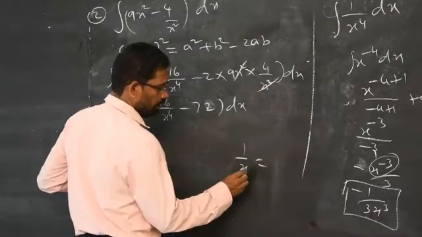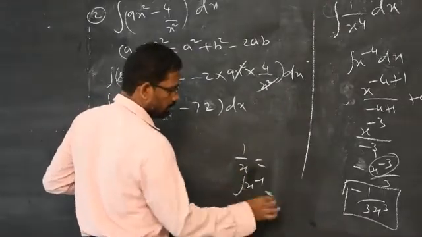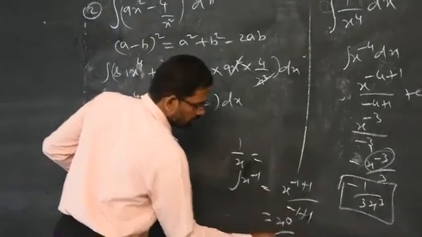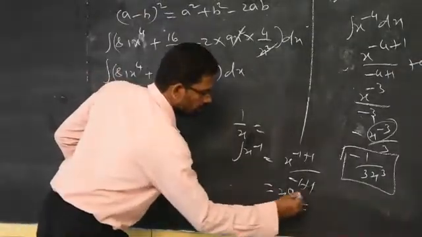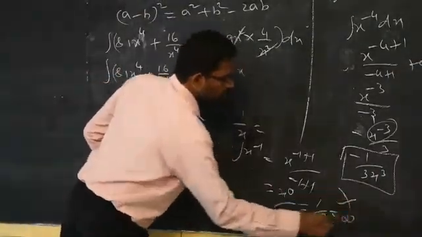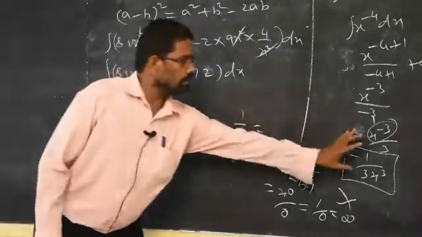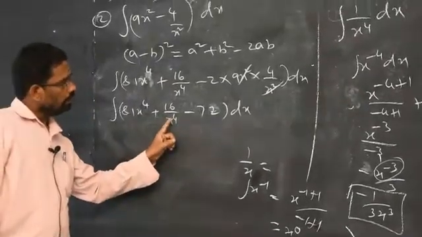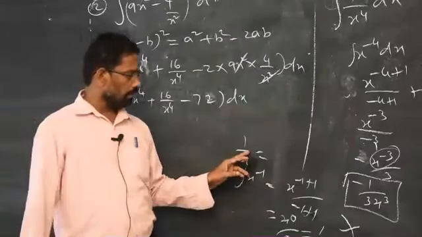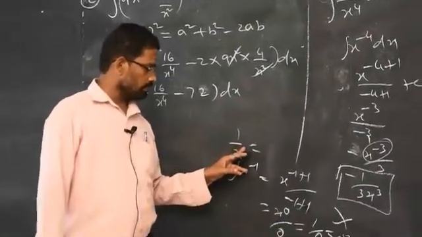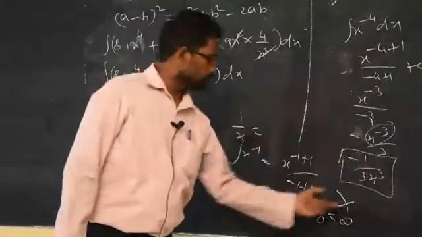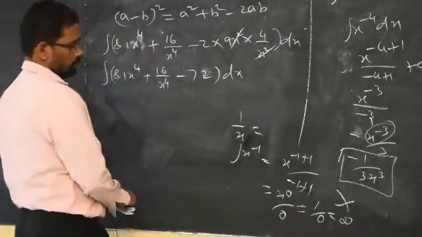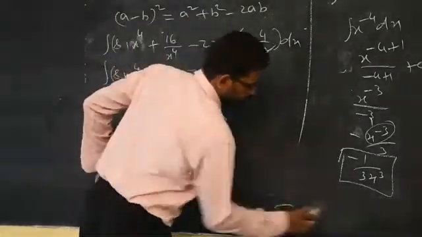be careful, when the power is 1 by x, you cannot write it like x power minus 1. So what is the integration of x power minus 1? Minus 1 plus 1 by minus 1 plus 1. If you do like this, you will get x power 0 by 0. Anything power 0 is 1, and 1 by 0 is what? Infinity. This is wrong. You can apply this technique only when the power of x is other than 1. It may be 2, 3, 4, whatever it is. If the power of x is exactly 1, then you cannot apply this method. You will get a wrong answer, 1 by 0, and anything by 0 is infinity. We don't get any solution. So don't make this mistake.